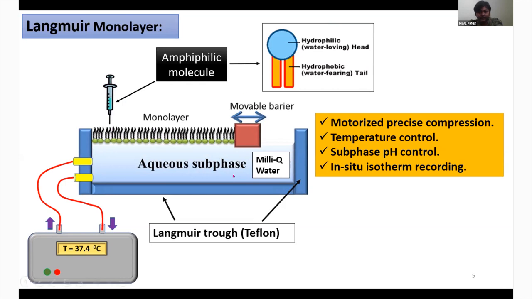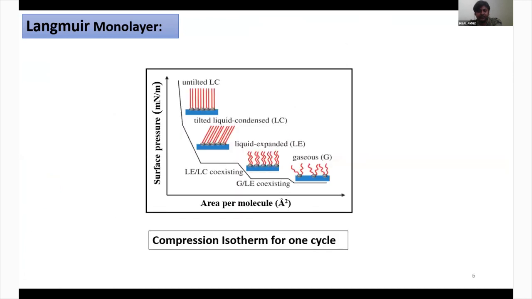and the hydrophobic tails remain in the upward direction. We have the possibility to compress this barrier, basically to change the surface area, and we can also expand the surface area. When we compress the surface area, these molecules come closer to each other, and at a particular instant they get very organized. Let's say the characteristic we get from here, we can record as a graph on our laptop with the system.